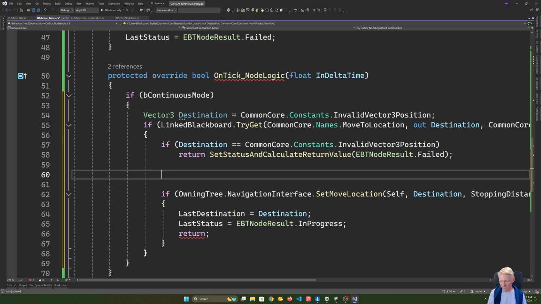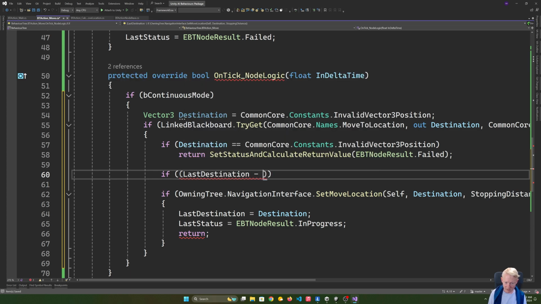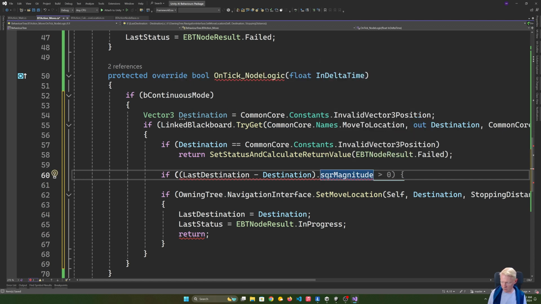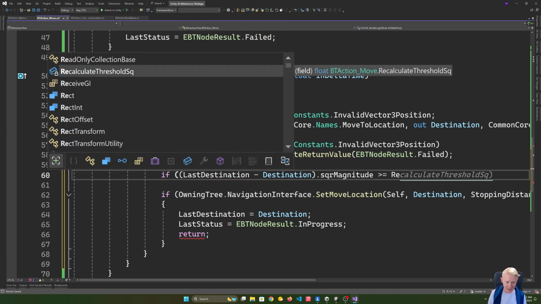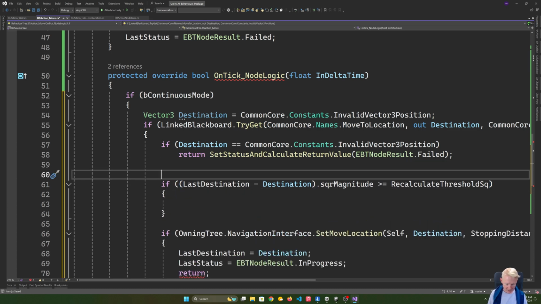So the next thing we need to check is, okay, well, if our last destination minus this new one, and we get the square magnitude, now, if that is greater than the recalculate threshold squared, we know that we've got a new point. So the destination has moved far enough